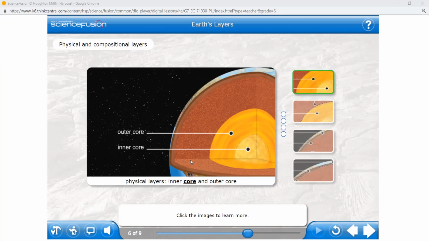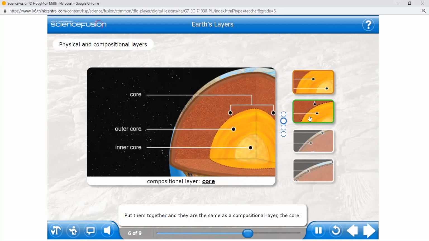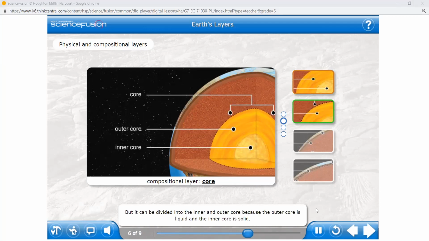In that, they contain these different layers. You have 2 physical layers, the inner and outer core. Put them together, and they are the same as a compositional layer, the core. The whole core is composed of mostly iron and nickel, but it can be divided into